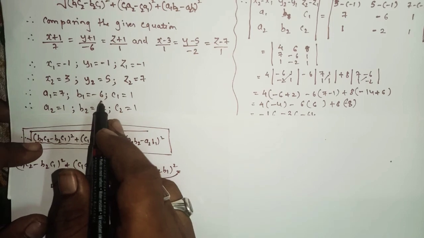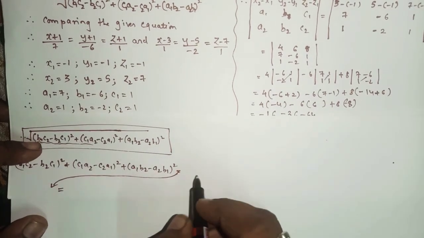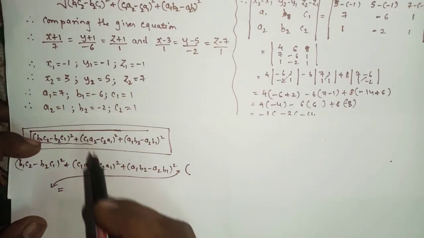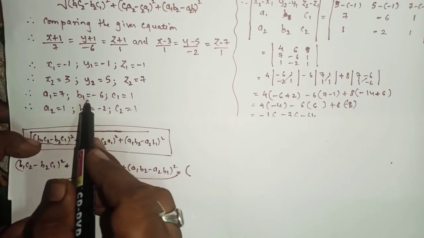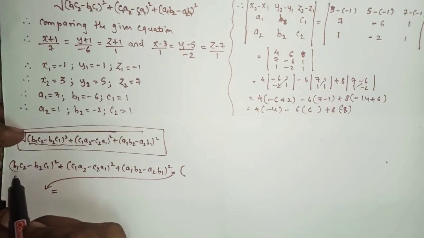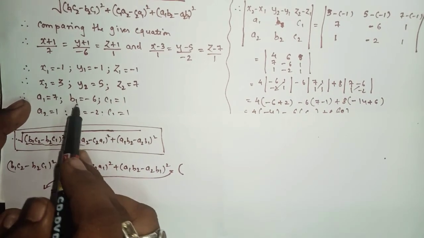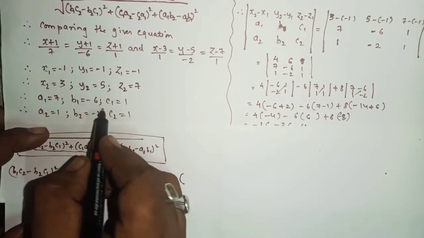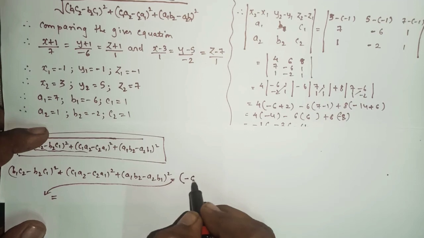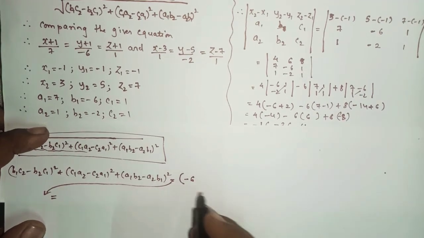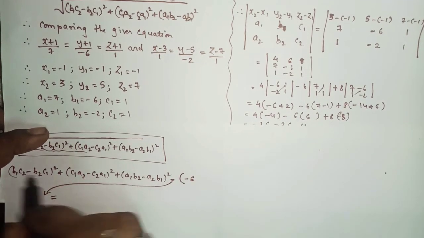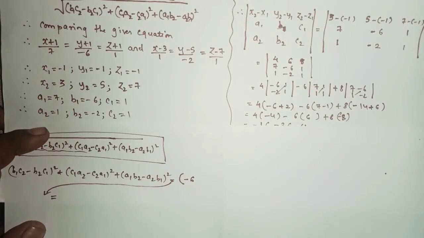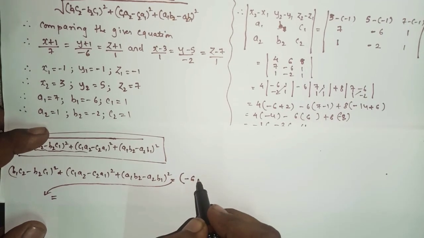So b1 c1. Be careful while substituting the value. So b1 c1, b1 c2, sorry, here it is b1 c2. Can you see? b1 c2. So b1 c2 minus 6 and 1 will be what? Minus 6. I will write the answer directly. If you want to put it like this, b1 is minus 6, and c2 is 1. So in the next step you can write minus 6 into 1 is minus 6. I'm writing the answer directly here.